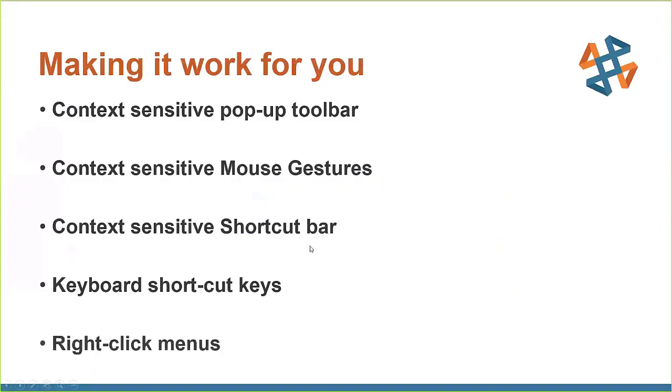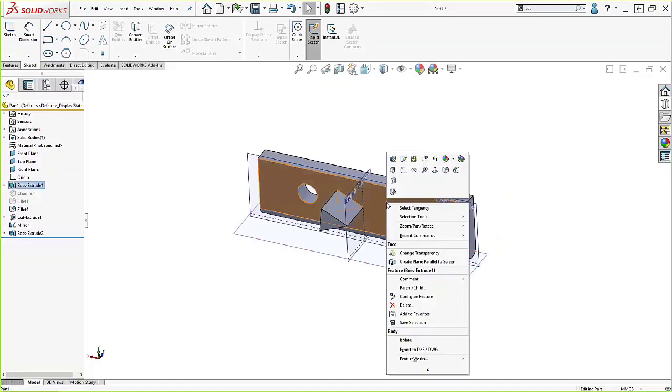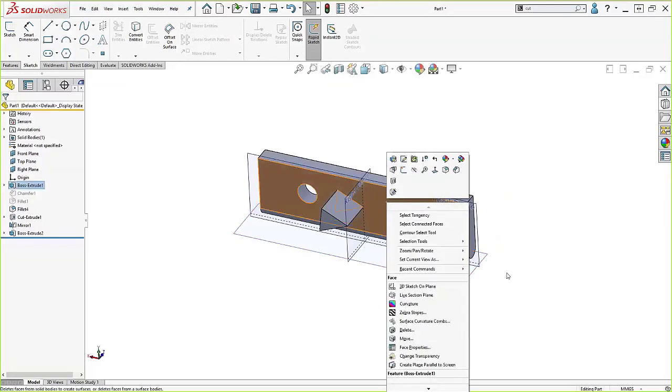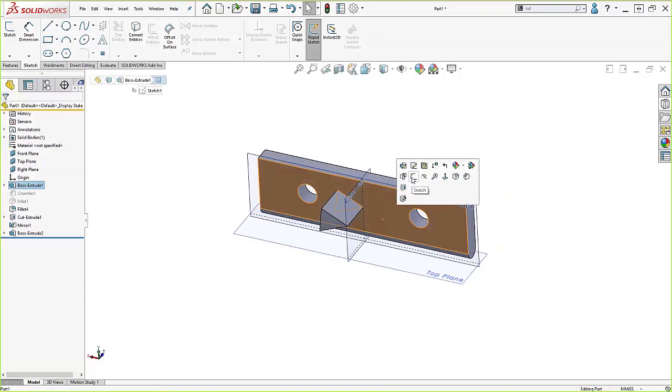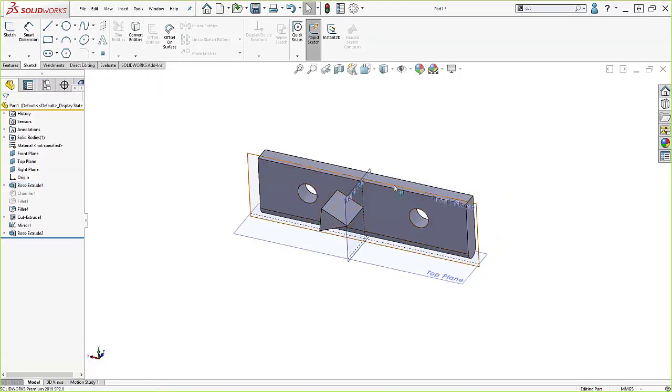So the last thing I want to talk to you guys about is the right-click menus. Most of the time, we end up using these right-click menus, but we end up using these long ones that are going to give us problems, okay? So what I like to do is I like to kind of stay away from the right-click menus. What I like to do is when I'm doing something like adding a feature, like a fillet,